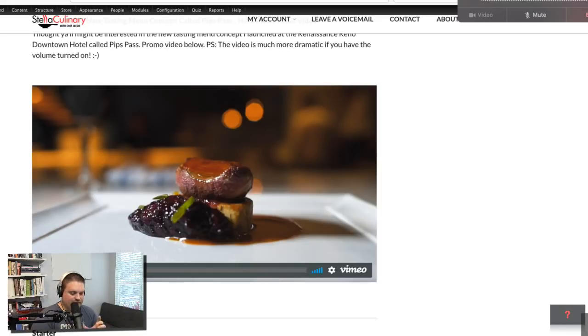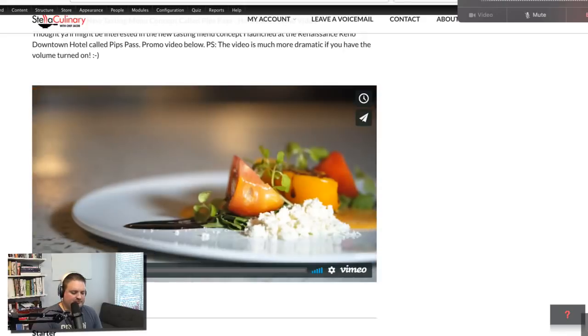And it's only the trained eye that knows that it's because it's the center of the plate. It's not really dead center. So being able to balance stuff. Also,